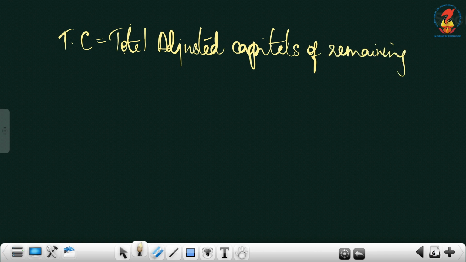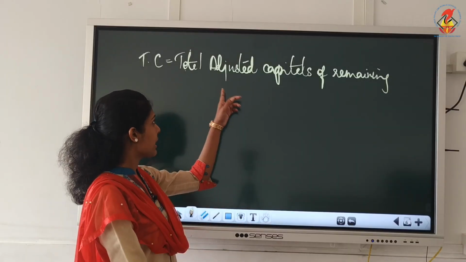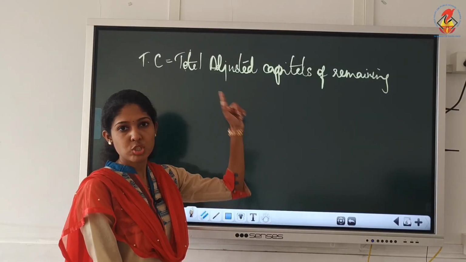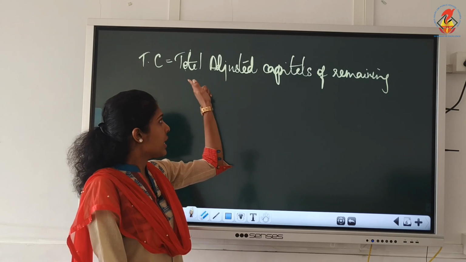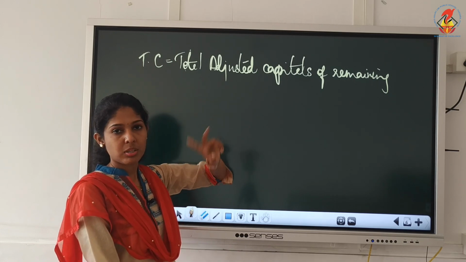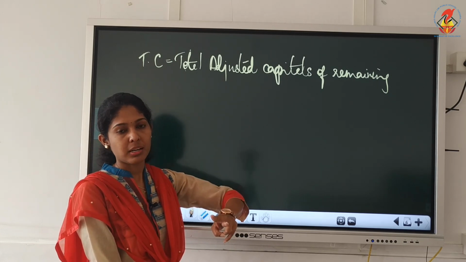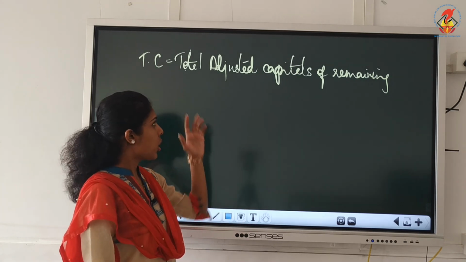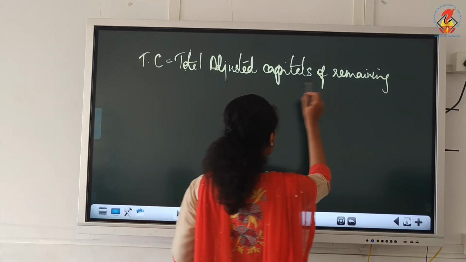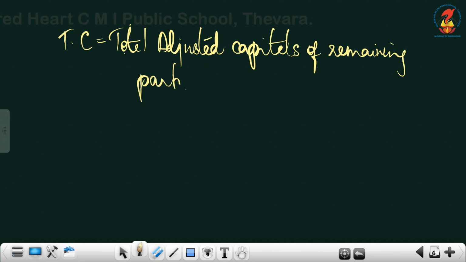If you haven't written in previous cases like total adjusted capital, just add this term there. You should always take the total, because if A and B are the remaining partners, we'll add them. So it's always total or aggregate of remaining partners' adjusted capitals plus